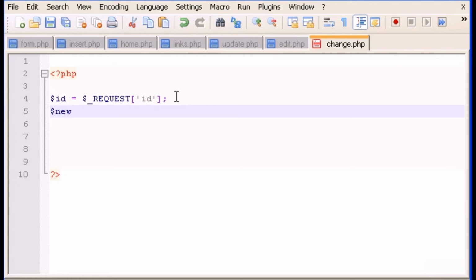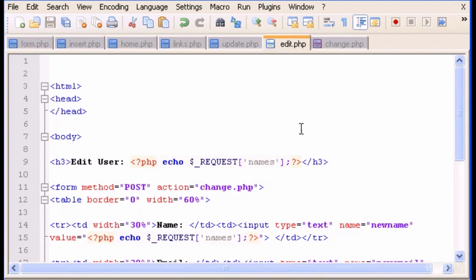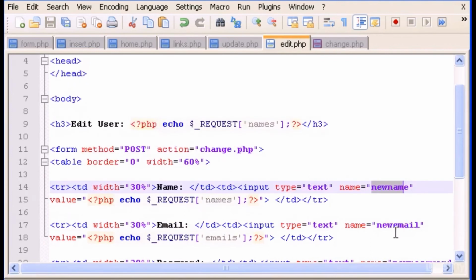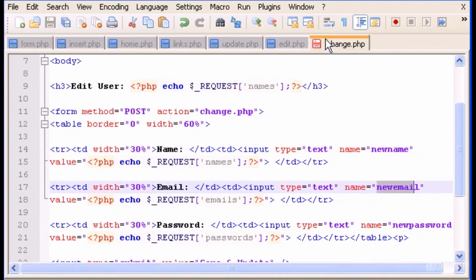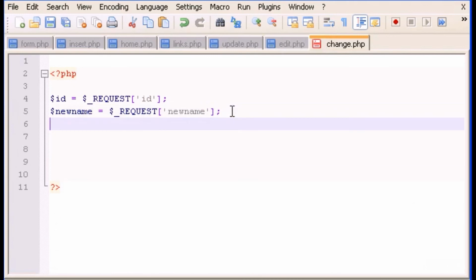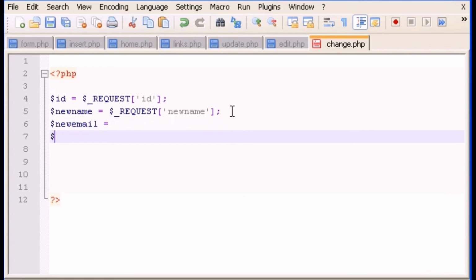So here I'm going to type new name equals request, and here we have to type the name that we typed in here: new name, new email, and new password. So new name, now new email, we can type the other, new password,